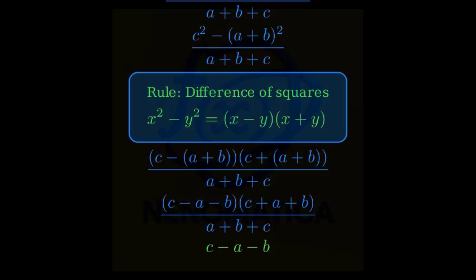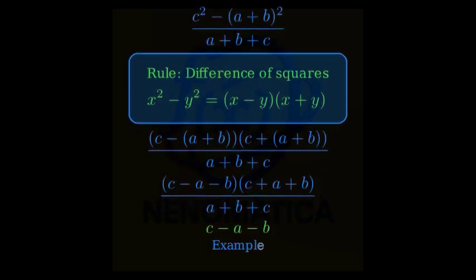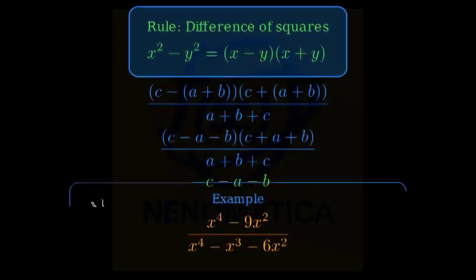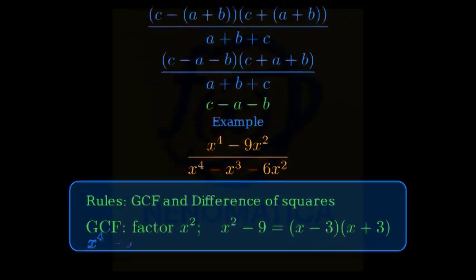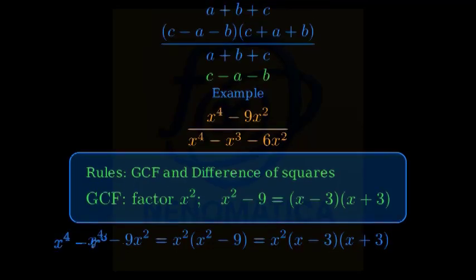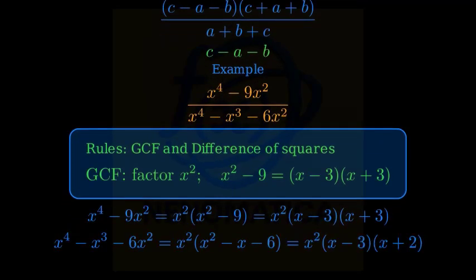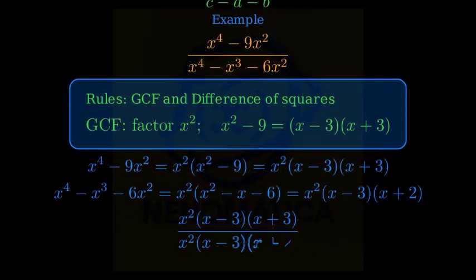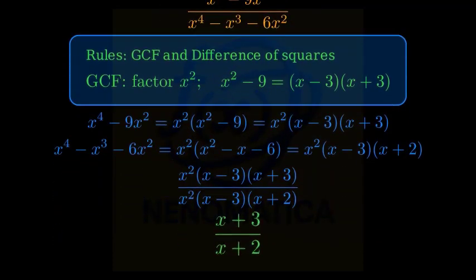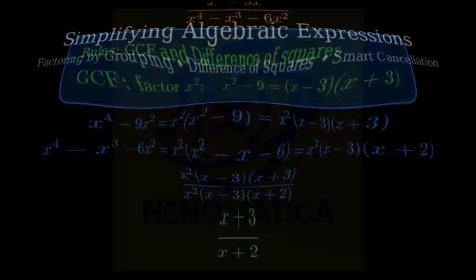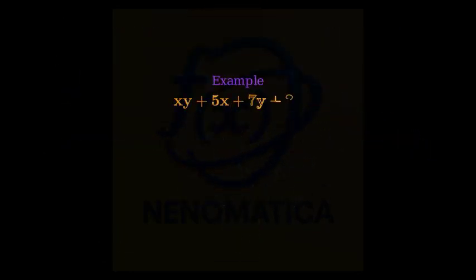Example: the third problem is (x^4 - 9x^2) over (x^4 - x^3 - 6x^2). Start by factoring the numerator and the denominator. Rewrite the fraction with all factors visible, then cancel x squared and x minus 3. Great work! The key moves were: